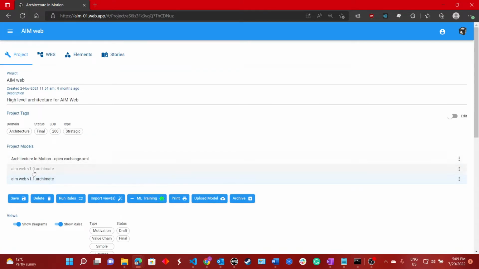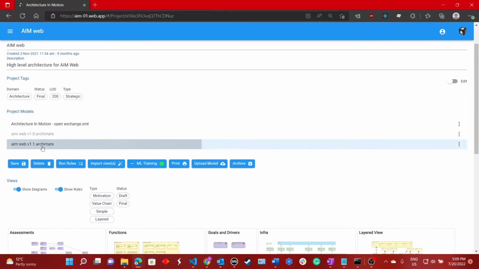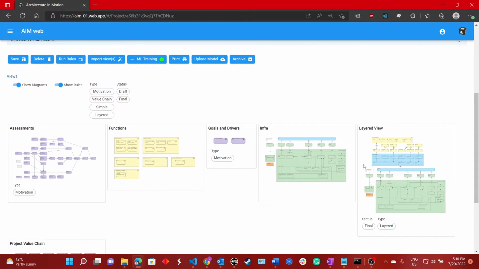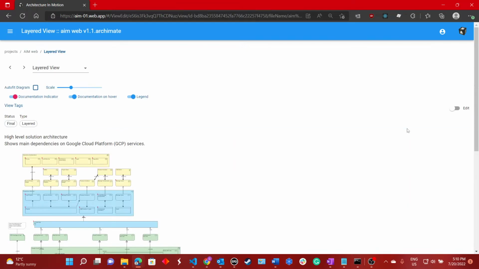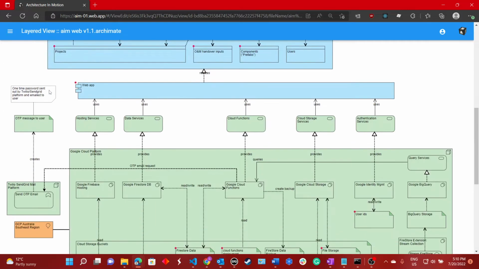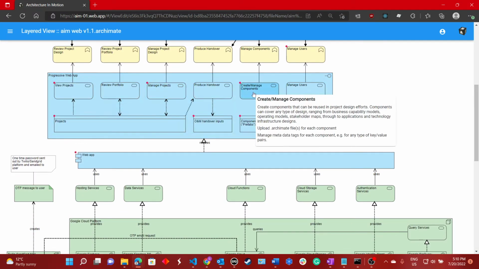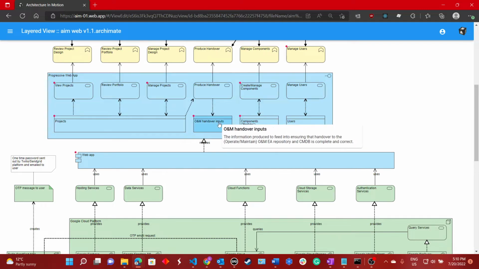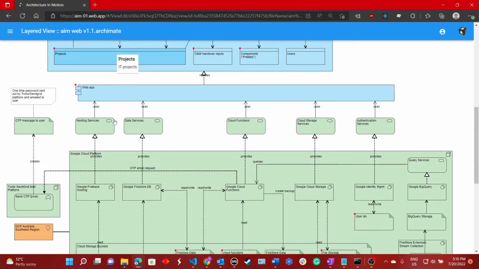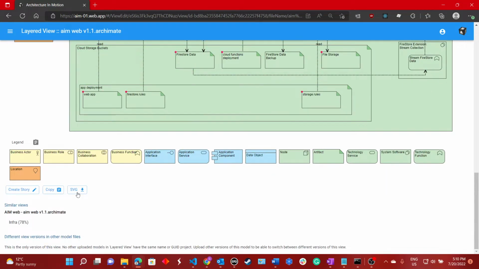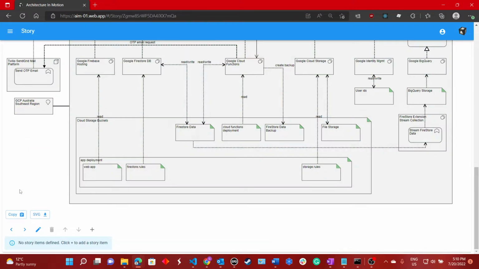The project's got 3 architecture files. So the view I want to use is in this model. There it is. We're going to create a story with this view. So you can see if I hover over elements, I can read the doco, but we'll just go to the bottom and click create story,